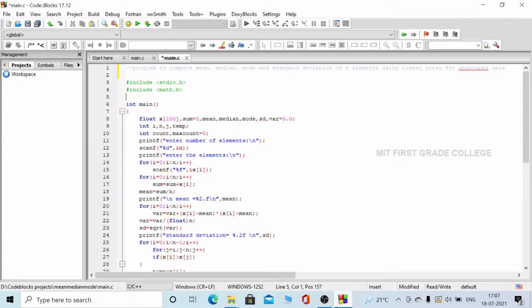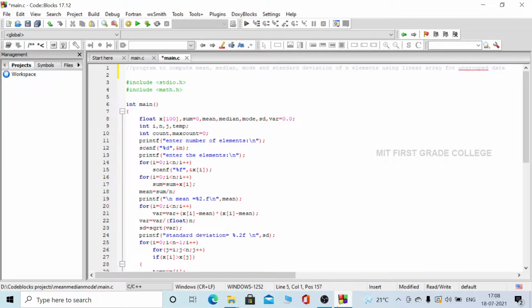In the main program, we'll be initializing an array x of 100 with data type float, and sum is equal to 0, mean, median, mode, standard deviation and variance equal to 0.0. Variance is described as VAR and standard deviation is described as SD.